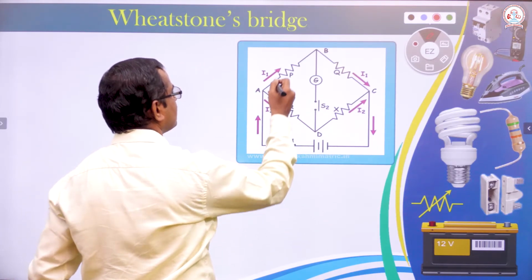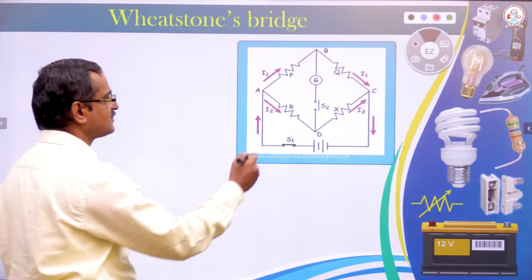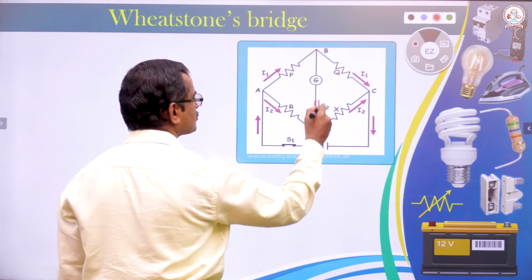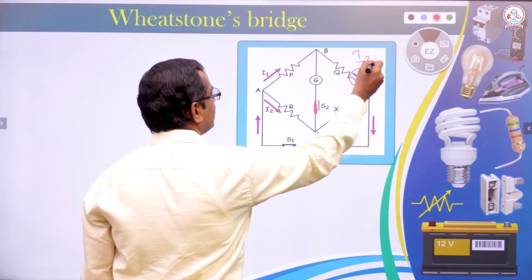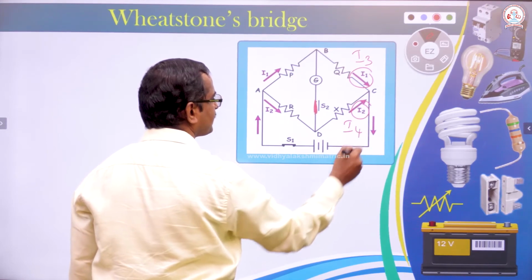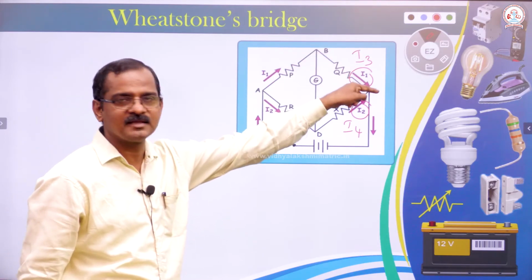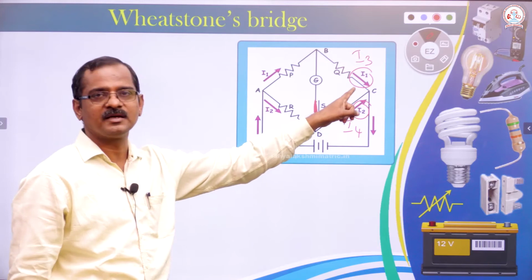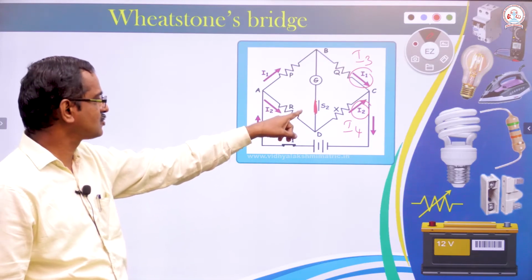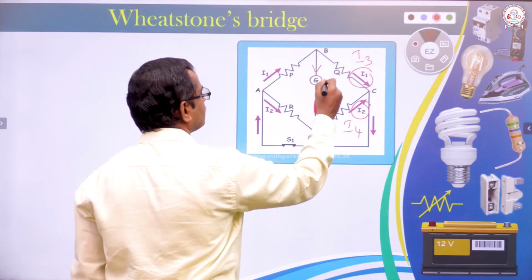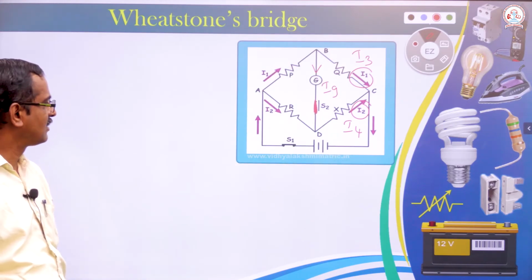Then the current which is drawn here, I1, I2. I1 is directly flowing here, I2 is directly flowing there. In case the key is closed, then current will flow here. Then instead of I1 you take it as I3, instead of I2 you take it as I4. When the key is open, I1 will flow directly there, I2 will flow directly here, right? When the key is closed, when the switch is on, current will flow here. The current flowing across the galvanometer, you take it as Ig. Ig is the current flowing through the galvanometer.